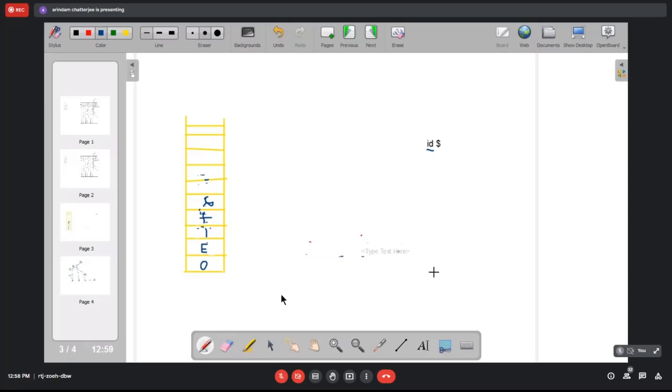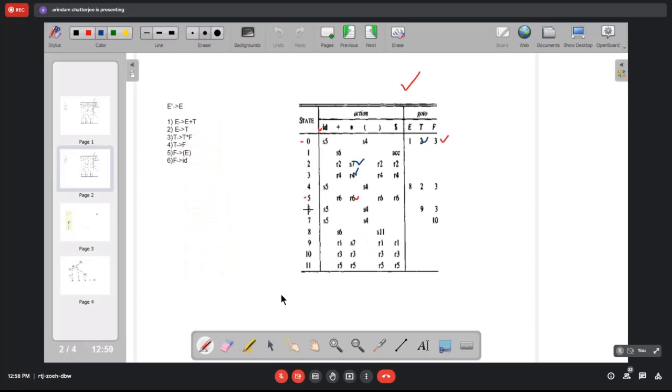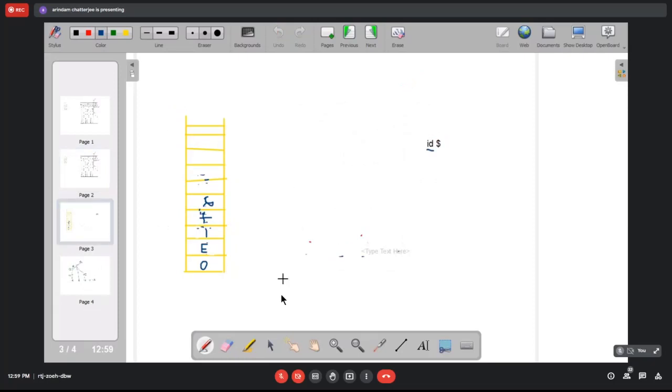Okay. So now 6 and ID. What is 6 and ID? At state 6, ID is S5. So S5 is the action. That means you have to remove ID from the input, put it onto the stack top, and move to state 5.